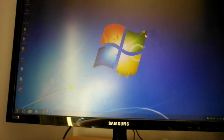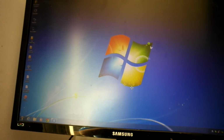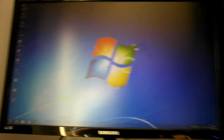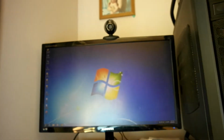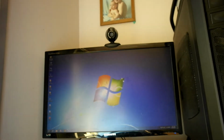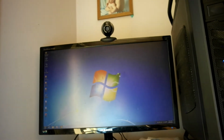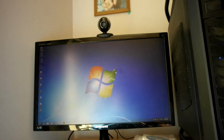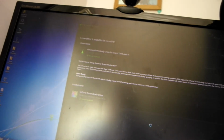So, what do we got? I need to update the driver on this anyway, so what I might end up doing is, which, this has got what's it got? A GTX 560, which is not a bad brand. What was the brand? The brand was, if I remember correctly, what was the brand actually? The brand was, if I remember correctly,